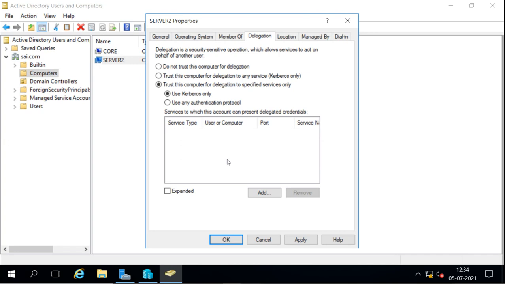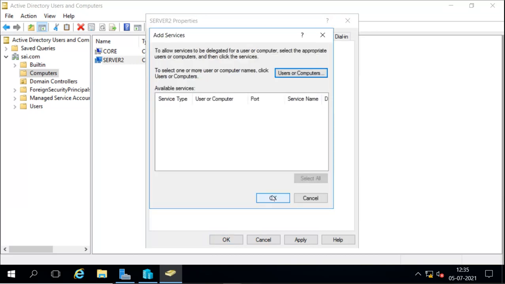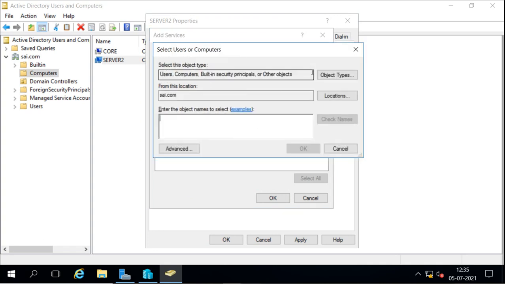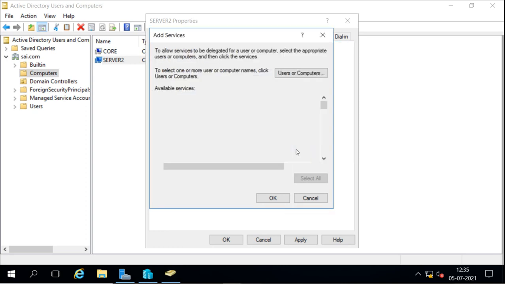Let's say I want to go for the migration of a virtual machine, so I will select this, use Kerberos only, and I will extend it, and I will add the server here. Remember, this is server 2, so here I am going to add server 1 as a delegation.